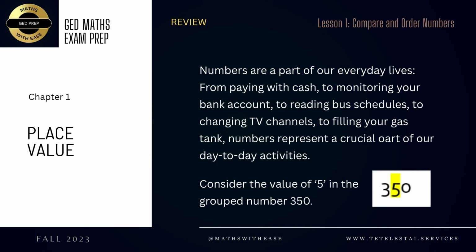Yeah, so that was essentially the point of that. Maybe I should go over. So in this particular example, 350, we see individual digits grouped 3, 5, and 0. And from these three digits placed together, the number 350 is formed. And if we're looking at 350 as a grouped number, the 5 here represents the tens place, or 5 tens. So 5, the digit 5 here is in the,